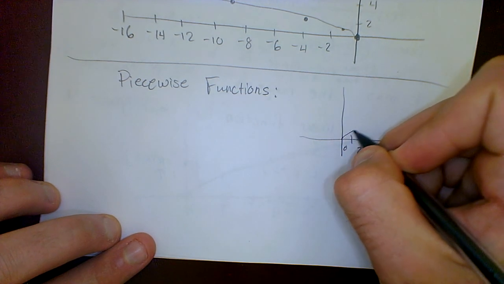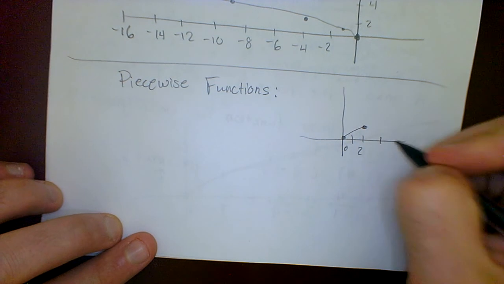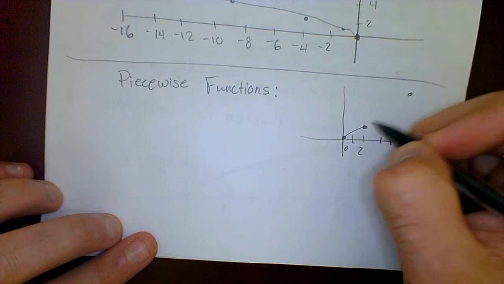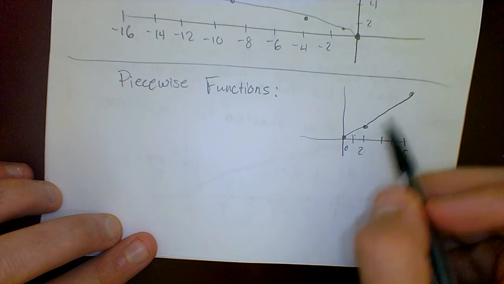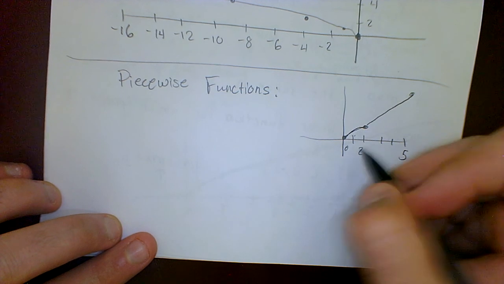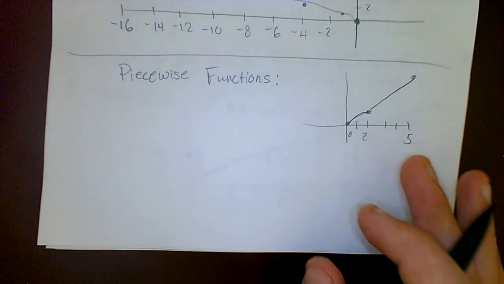So it goes like that. But then from 2 to 5, you've got one that's just a steep line like this. So a piecewise function is where you have kind of the combination of two different functions depending on what interval you're on. Okay, so for example,